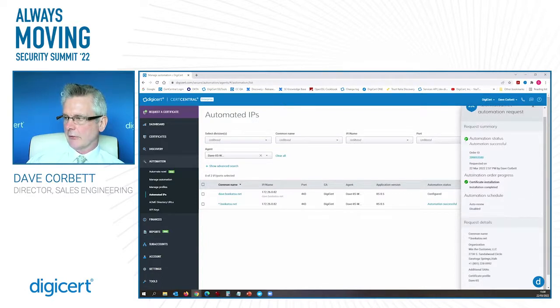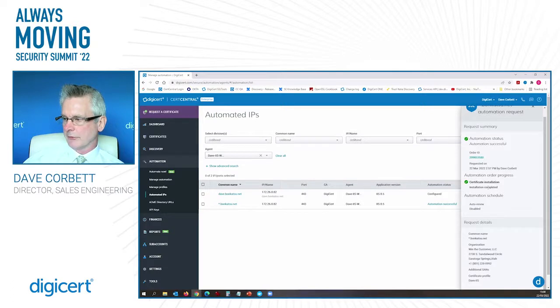So I've got a couple of green ticks here, which means that everything went through very smoothly with no problems. I've got an order number here on my request. I've got the time of the request. The certificate was installed